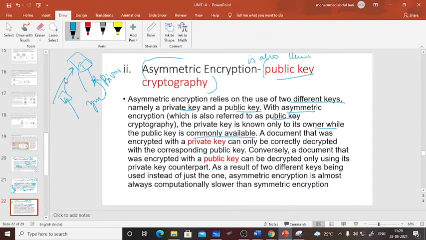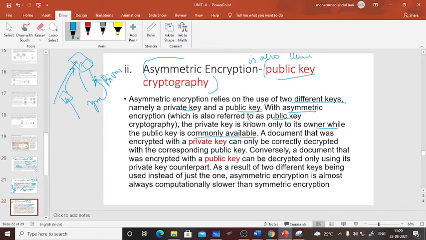The public key, the bank has already sent it with all the mails. It is commonly known. When you want to open the mail, you need your own date of birth or your PAN card, or whatever the keys are. That is the private key, which is only available with you. If you type it incorrectly, you cannot see that mail.